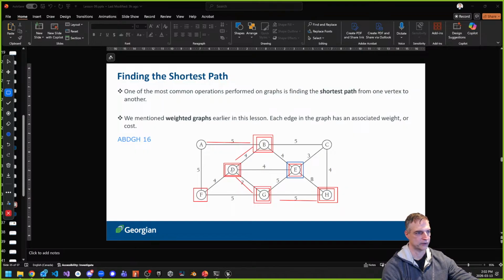Okay, so instead of going to D, because B, D, and E had the same cost, 4, right? So we went this way this time, okay? And now what we want to do is from E, we have 1, 2, 3, 4, 5 possibilities, right? So we notice that C is the lowest cost, so this is the next one we're going to go to, okay? And then from C, we're going to go to, we